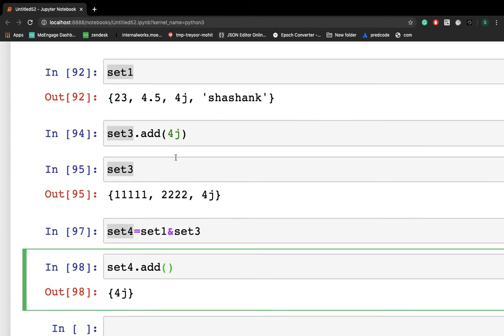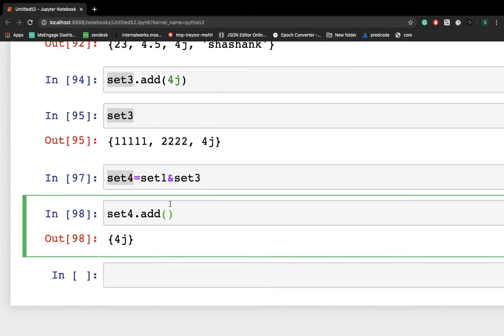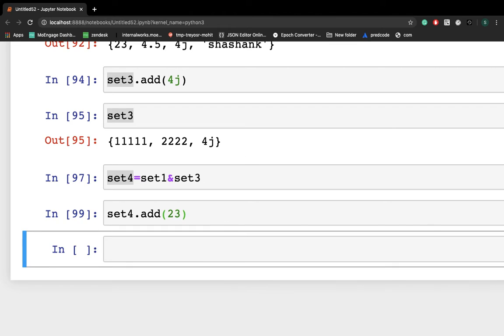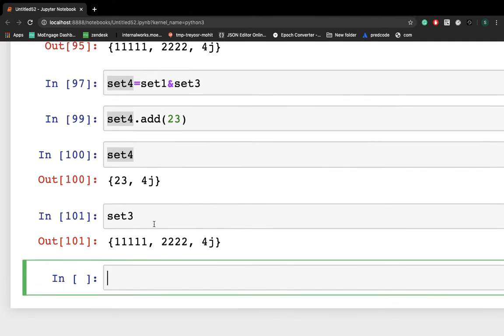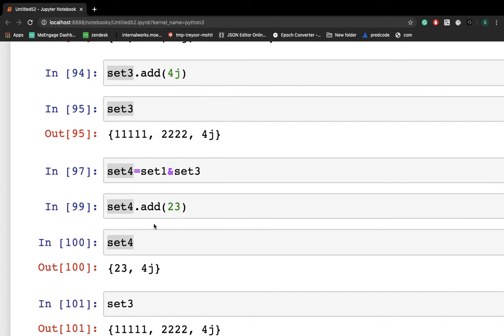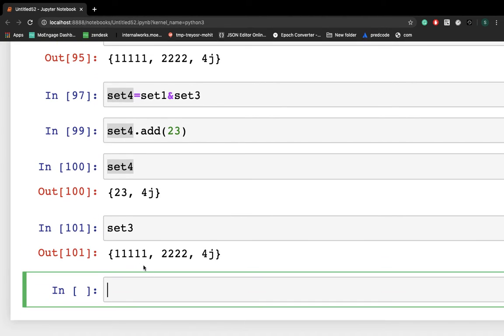Let's say I'm adding 23, right? So this is my set 4 and this is my set 3. Set 1 I have to print. Yep. So this is my set 4 and this is my set 1.